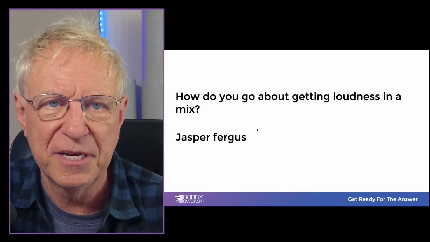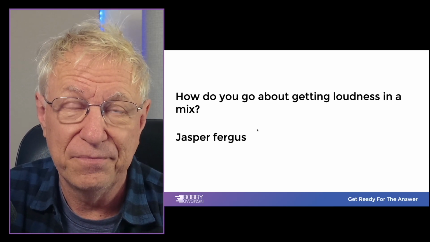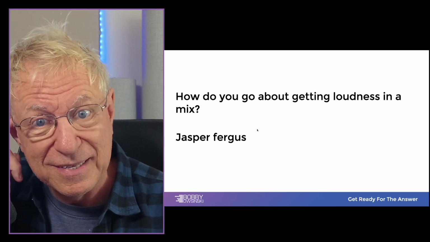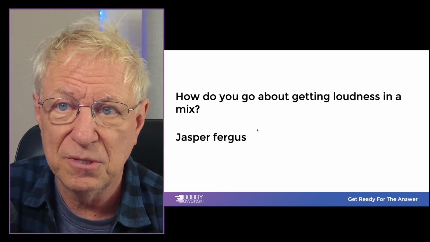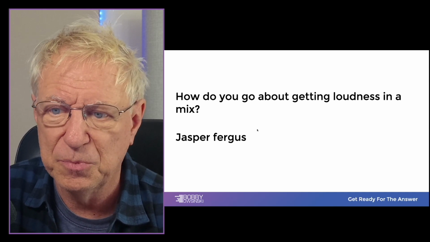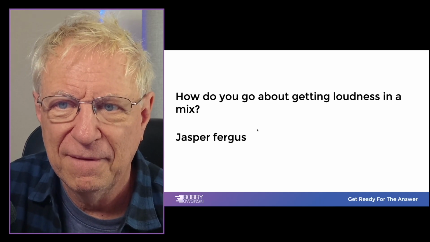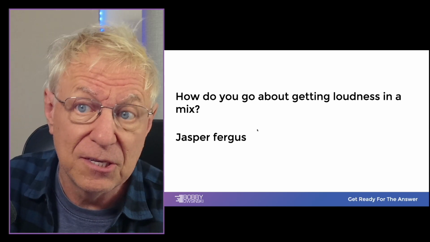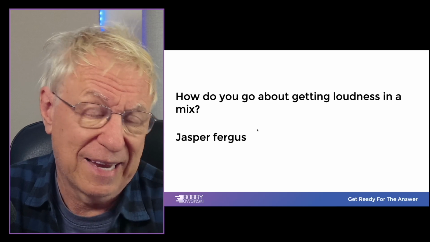Again, it started with mastering engineers, and they were the only engineers that were using this until we got to the digital domain, because there just weren't enough compressors around, and good limiters especially, in the analog domain. So mix engineers didn't do this so much until we got into the digital domain. So we're talking the last 25 years or so. And now this is a standard way of doing things.